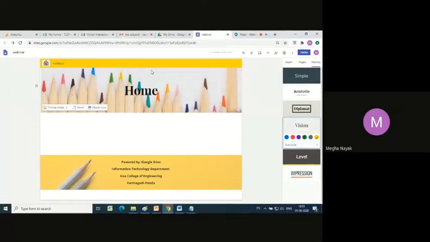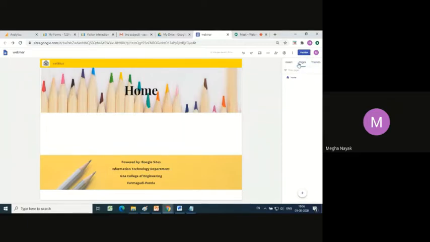So once this is done, now I want to have my tabs or pages which I want to navigate between. So we are done with the themes, so I come to the pages. All right, by default the home page is already there. There is an option over here to add pages, so I'll click on this. All right, so I say syllabus and I say done.